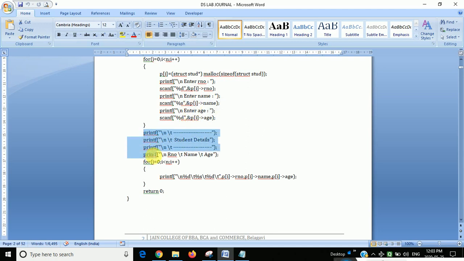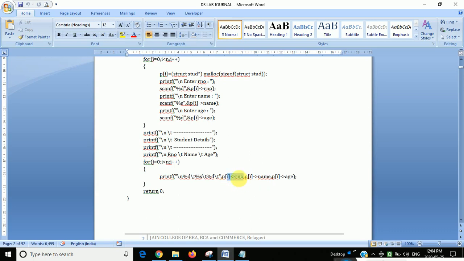Here we have to design the student details, and after that use a for loop. I think you know how to use the for loop. First this statement will execute, next it will check the condition, then it will execute the statement. This, I have used \n\t\t because it will show in a proper format. For that purpose we have used it. So at the start we have to accept the elements. The next thing is we have to display the elements one by one.